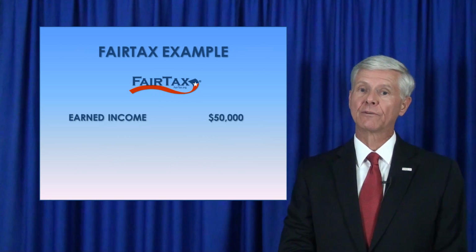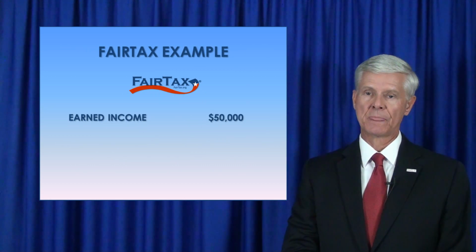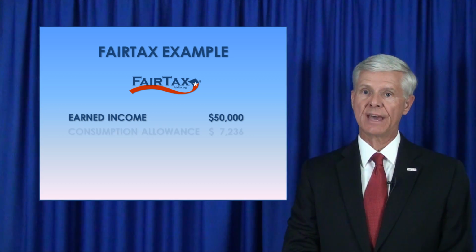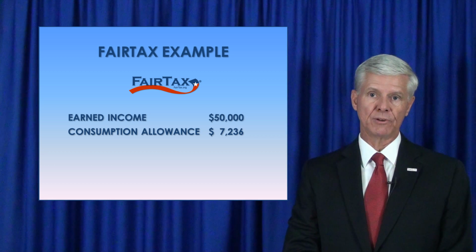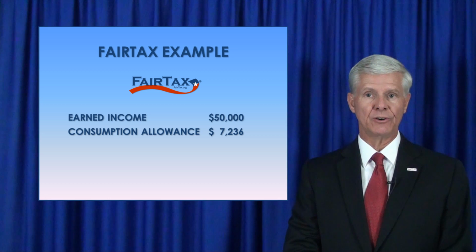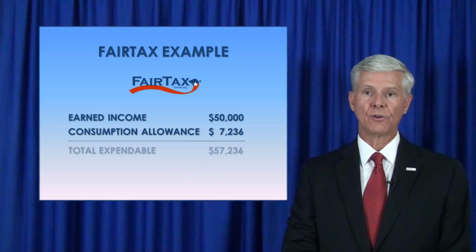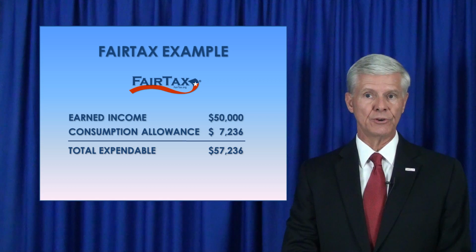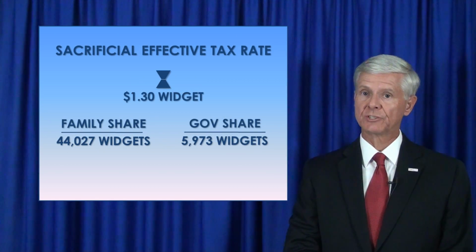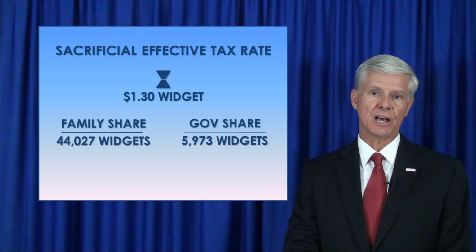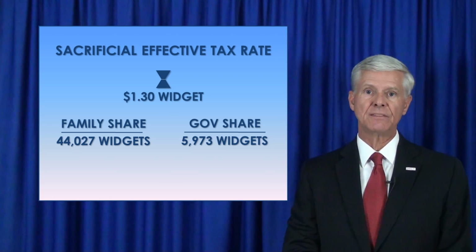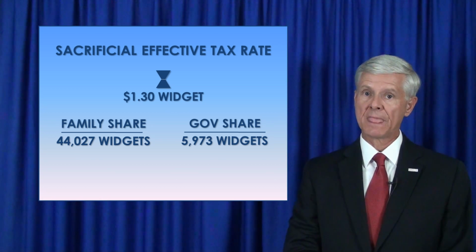Now we will determine the sacrificial effective tax rate for the FairTax. We will begin first with the family's income of $50,000 and add to that amount the annual family consumption allowance for a family of 4, which in 2014 was $7,236, giving us a total of $57,236 to spend. Next, we divide the combined income and allowance of $57,236 by the widget gross amount price of $1.30 to obtain the amount of widgets that can be purchased. And that number is